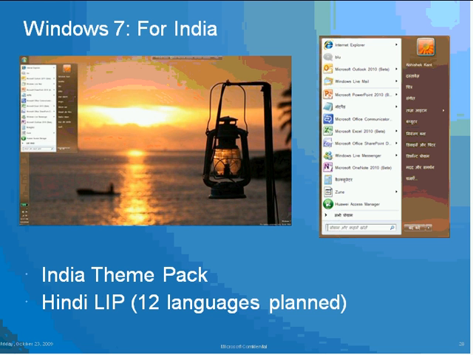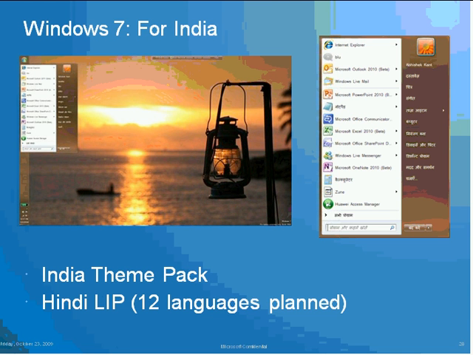Right now, let's look at Windows 7, and if you wanted to see what the features for India have been in Windows 7, these are the things that you may come across. One, from a personalization perspective, you can now go and download multiple themes online, and they're added from time to time.